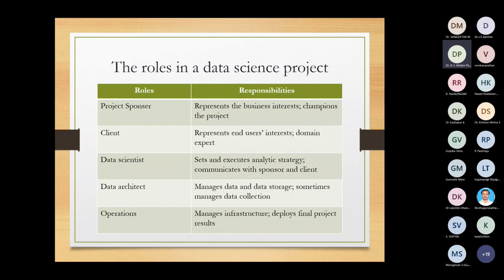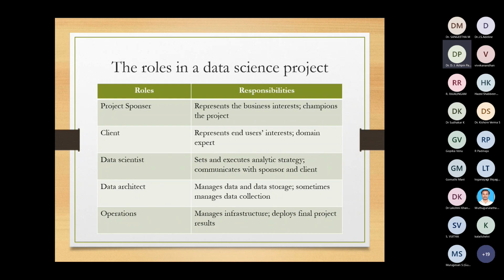Here, some of the roles in a data science project may overlap. Roles like client, data architect, and operations will be filled by people who are not on the data science project team, but they are key collaborators. Let us see the responsibilities of these roles individually. The first person who will be involved